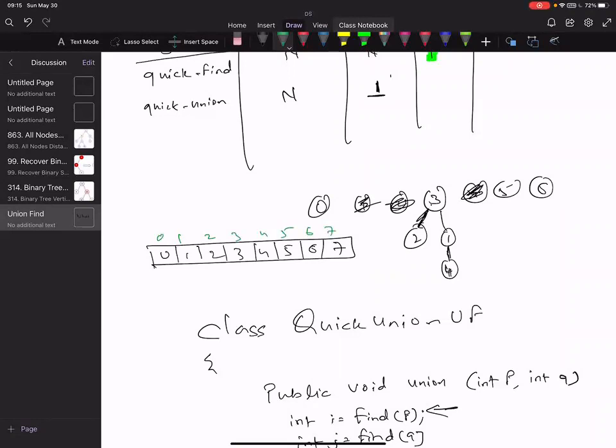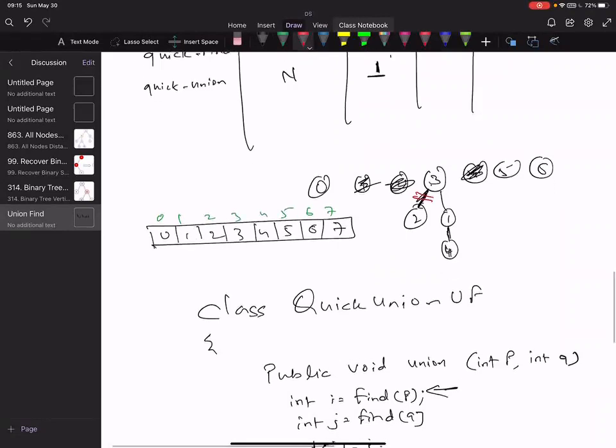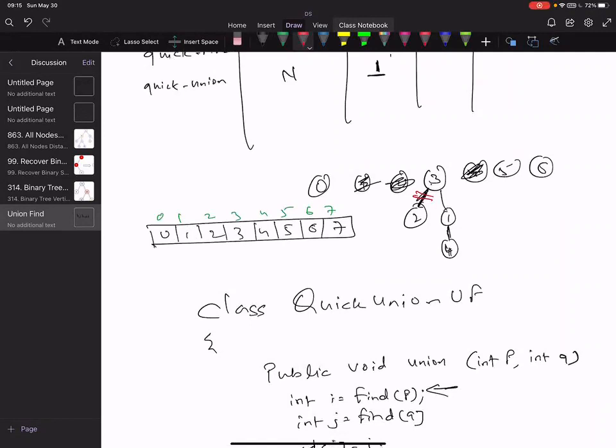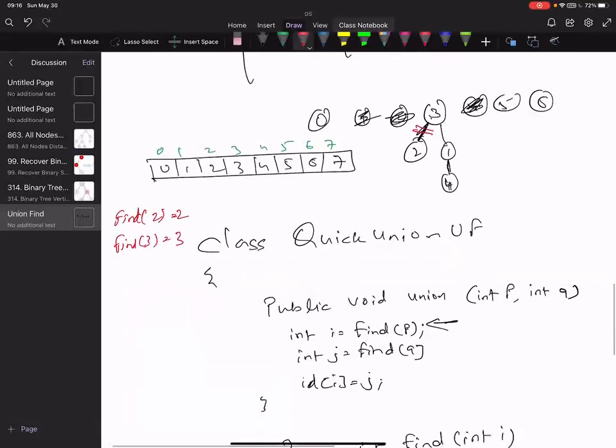Now, when I say connect 2 to 3, find 2 is 2, and find 3 is 3. And what I'm doing is ID of 2 equal to 3. So I'm changing this 2 to 3.